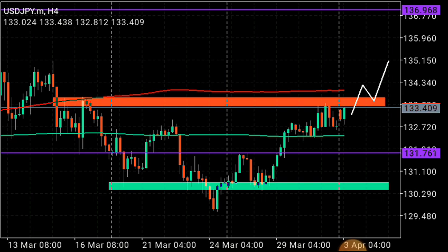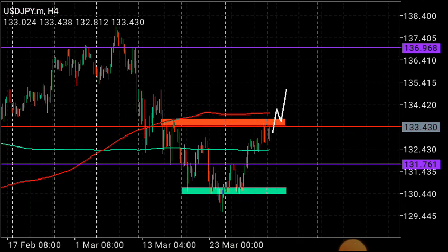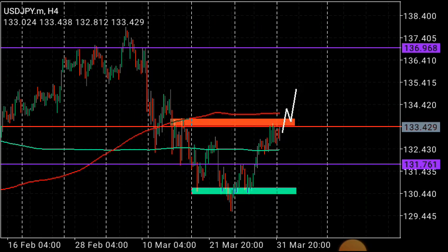We have AUD interest rates decision news on Tuesday at 5:30 South African time, or I think it's 6:30 if I'm not mistaken. I'll double check on it. On Wednesday we have NZD interest rates decision at 4 a.m. South African time, and also on Friday we have the most monstrous news, NFP news in the United States at 2:30 South African time. So let's get into this.